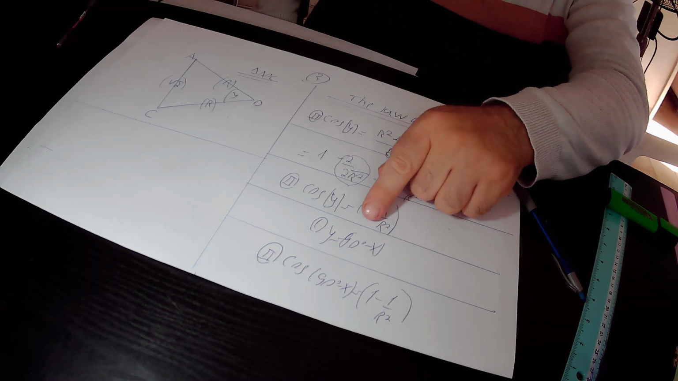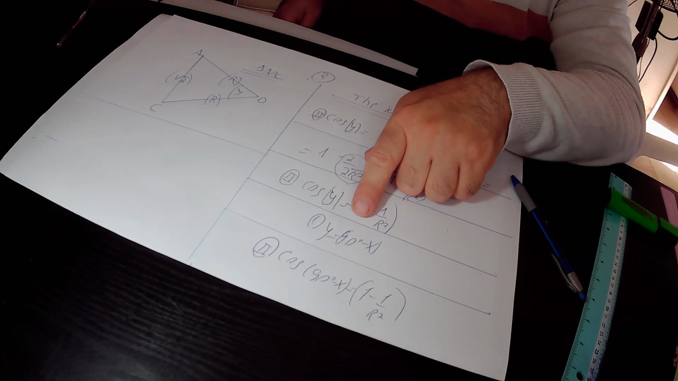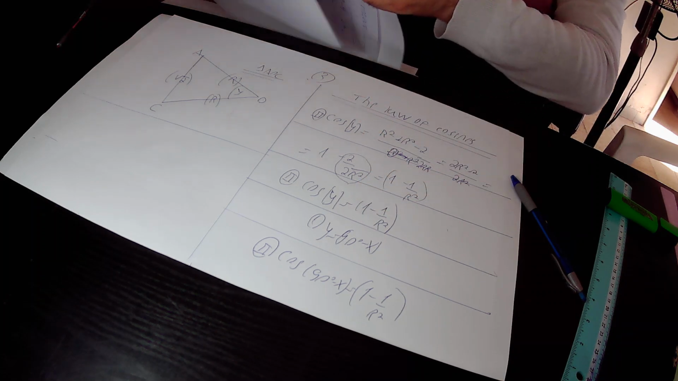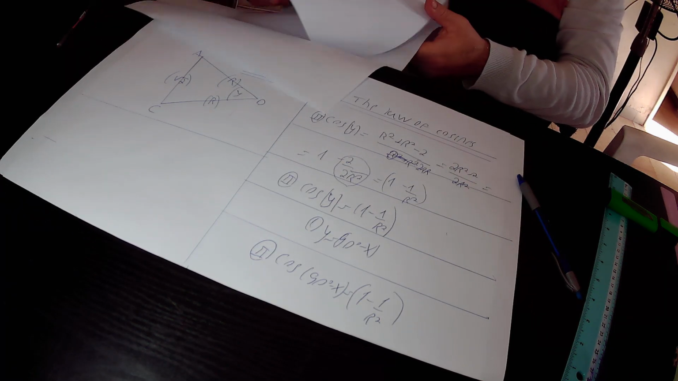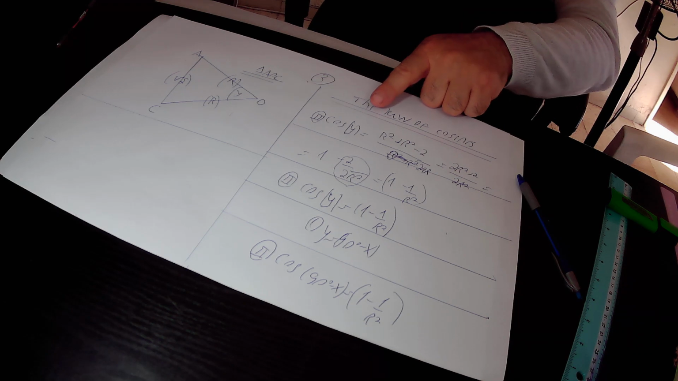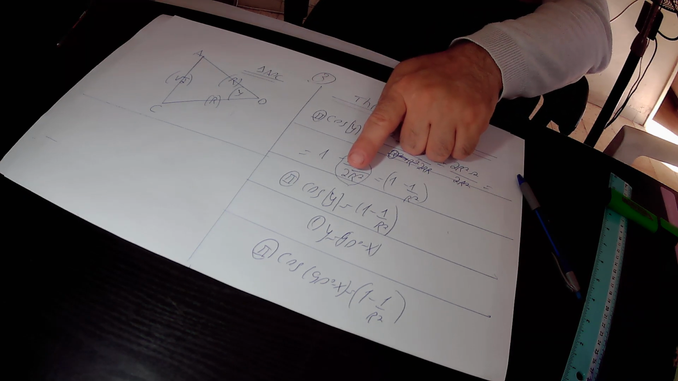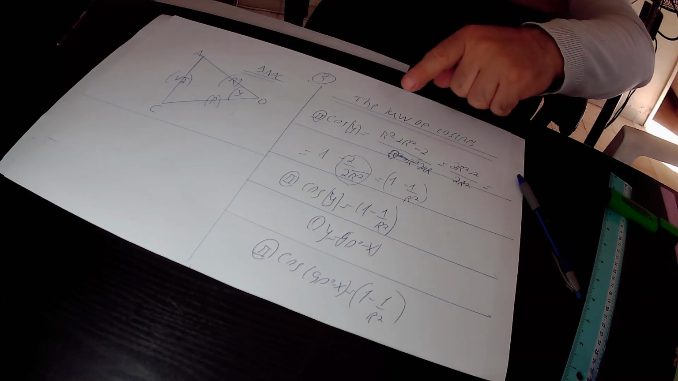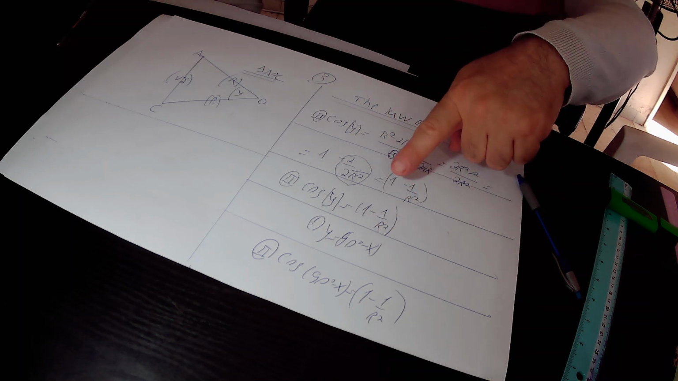But we already found out in the beginning of the lecture that y equals 90 degrees minus x. Therefore, we can substitute y in equation 2 by 90 degrees minus x. Okay, we did it, and we found out that cosine y, where y is 90 degrees minus x, equals 1